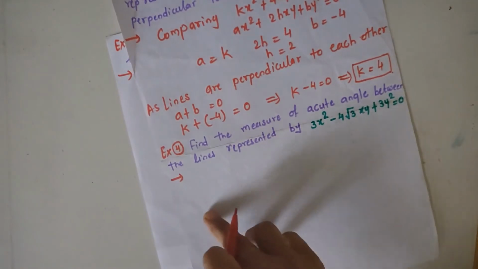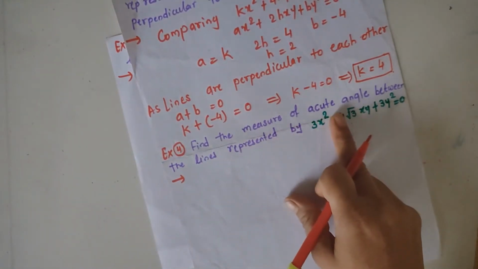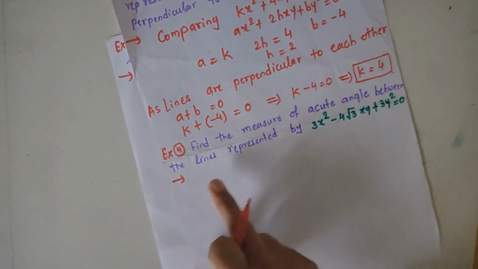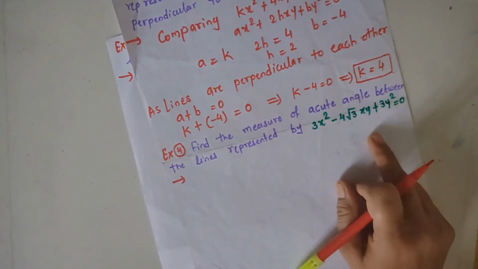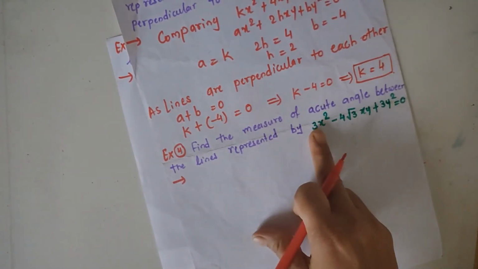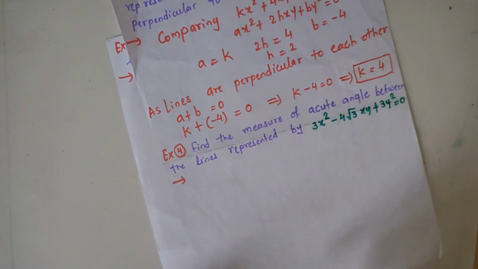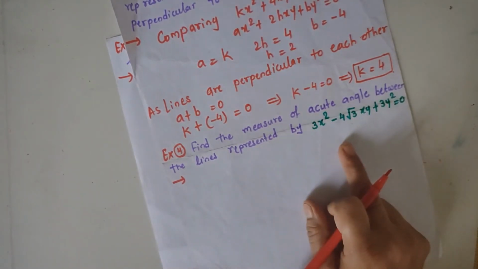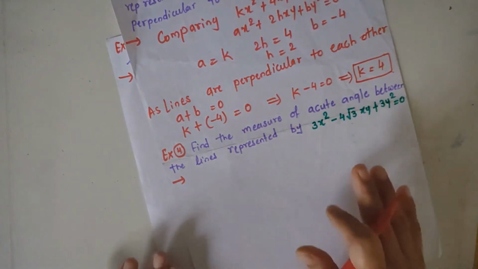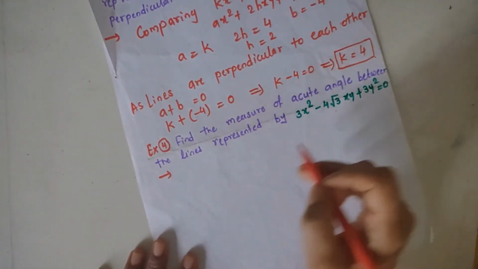See the next example. Find the measure of acute angle between the lines represented by this homogeneous equation. Here we have to find the acute angle between the lines. So using the formula tan theta is equal to mod of 2 under root of h square minus ab upon a plus b, we can easily find out the angle theta. So first, comparing the given equation,